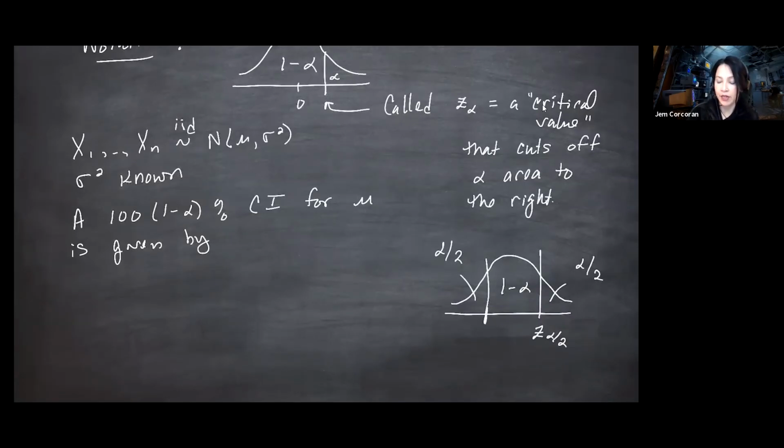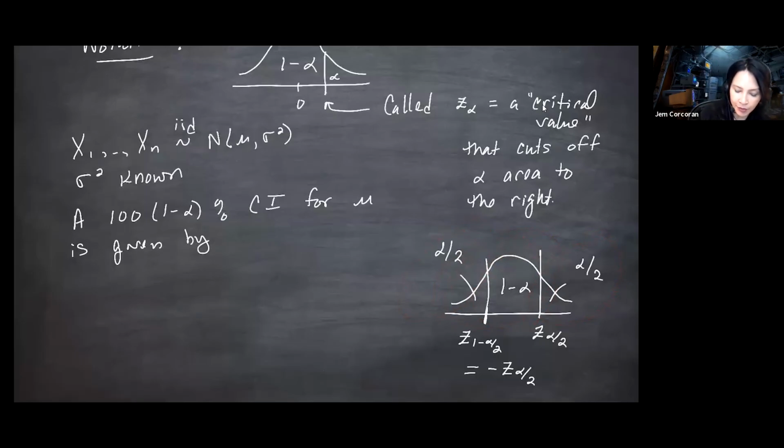This number on the left could be called a couple of things. It actually could be called z 1 minus alpha over 2, because if it has alpha over 2 to the left, it has 1 minus alpha over 2 to the right. But by symmetry of this distribution, it's actually just the negative of z alpha over 2. But some of our other distributions are not symmetric, so we would have to think about different subscripts for these critical values. Before I wanted 90% area in the middle, and that means I wanted my alpha to be 0.1, and then I had 0.05 and 0.05, and we found the two numbers to be 1.645 and the negative.